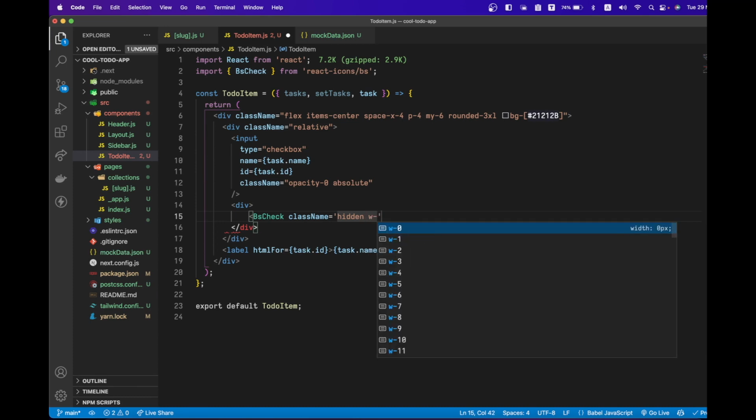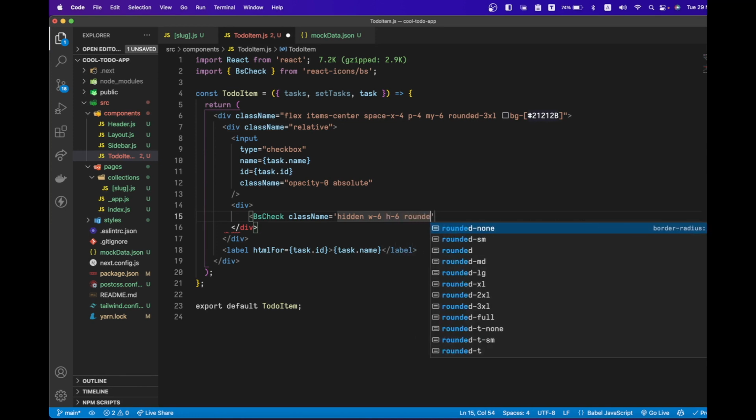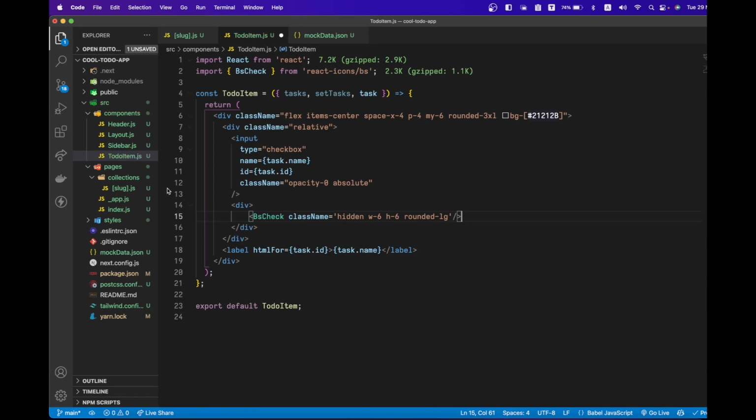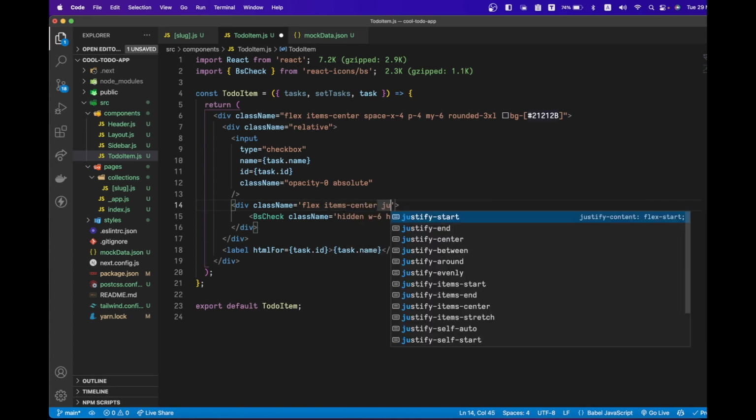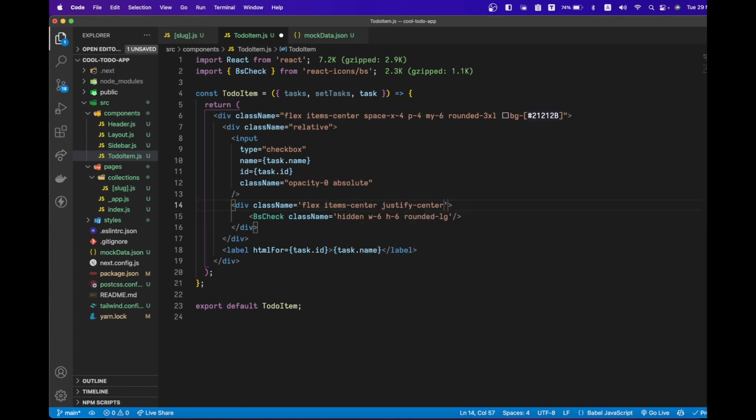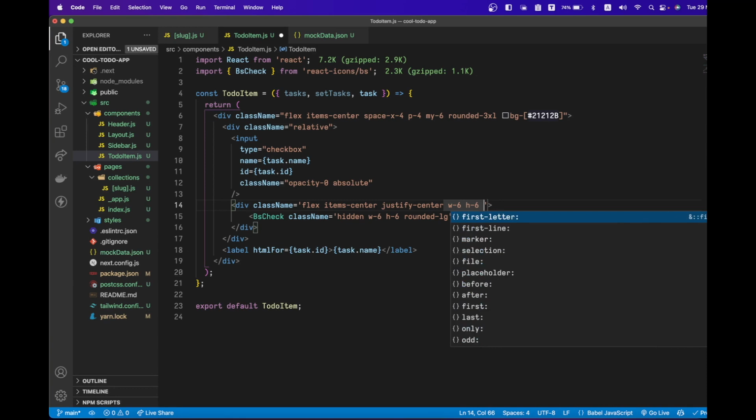We don't want to show it always, and we will give it some height and width, and we make it rounded, and first we want to center it, so we will use some center magic of the flexbox, and we will give the same width and height as we have given to the child icon, and we will use the BG transparent,